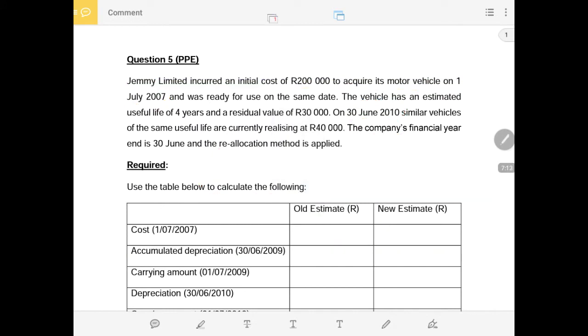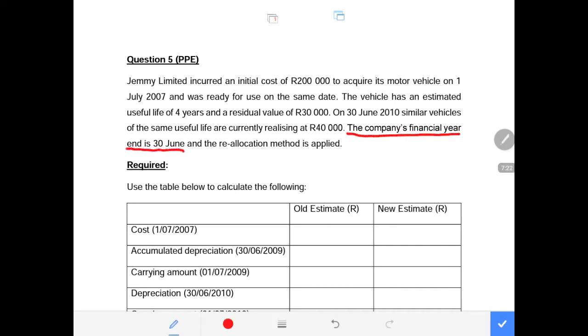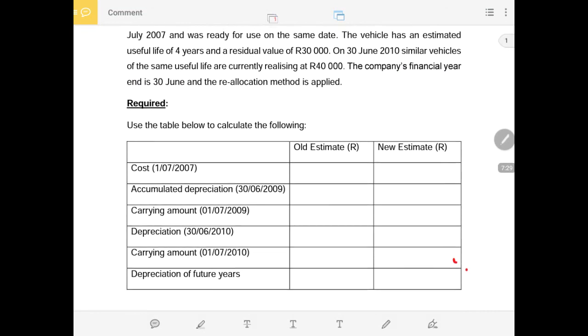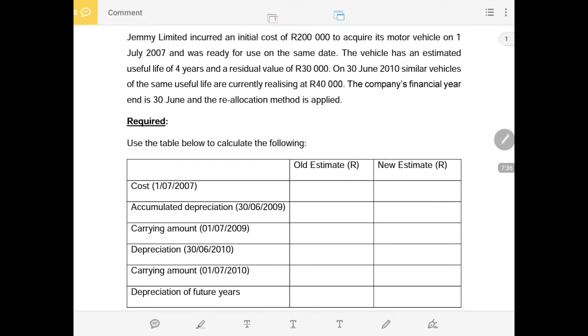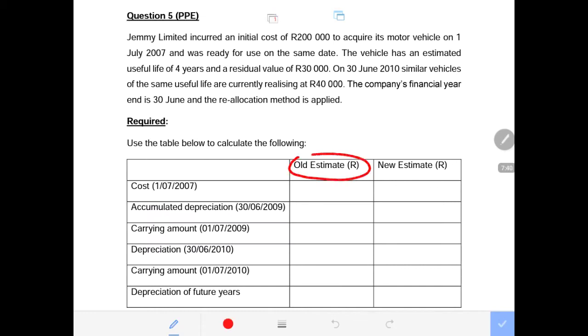30 June 2009. Therefore, now it further says that the company's financial year is ending 30 June every year, and the reallocation method is applied. Now, the reallocation method which is applied is the one that I've provided for you in the table here. So in terms of the diagram or the table is already provided to us. Now we start under the old estimate, then under the new estimate we only start at the time there was